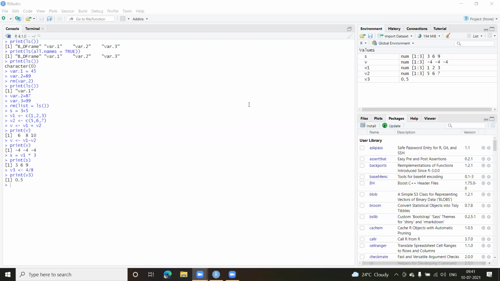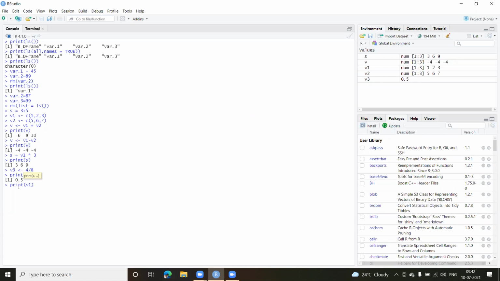Okay, now what if I want to know the remainder? If I want to get the remainder of the first vector with the second vector, how will I do that? I do have V1 and V2. I'll write it directly and print it right now, without storing it in a variable. So I'll give print in round brackets. I want to find the remainder of the first vector, which is v1.